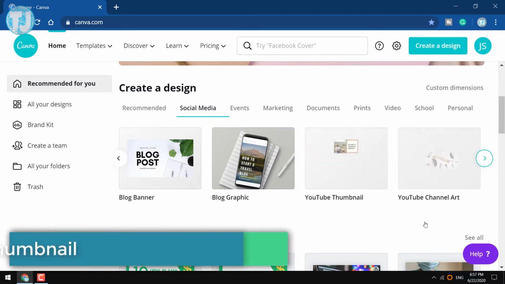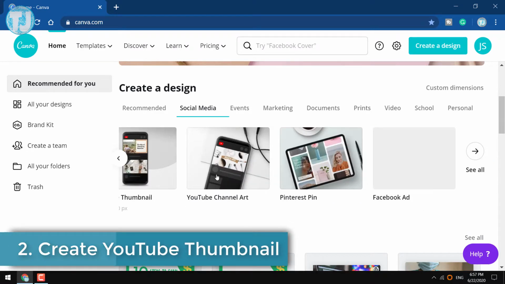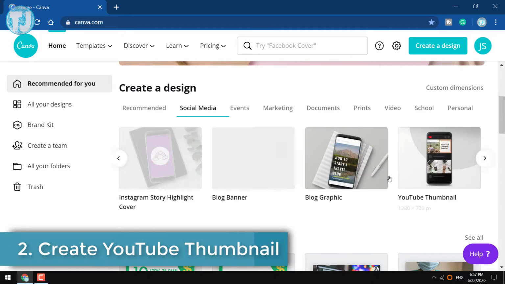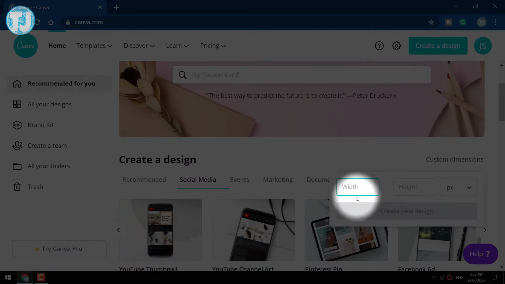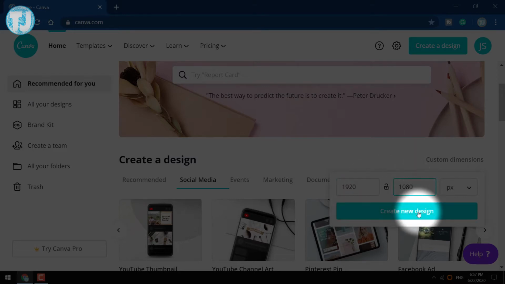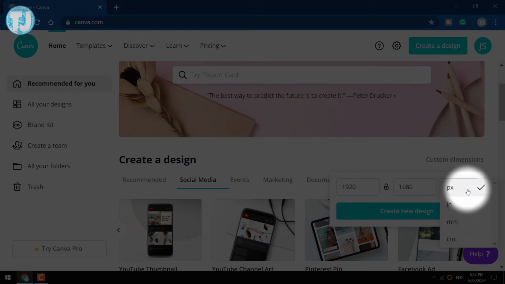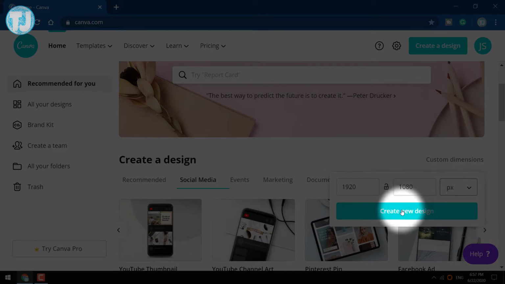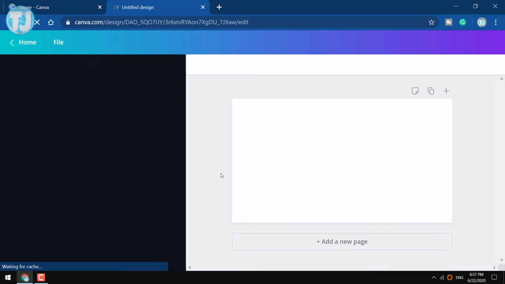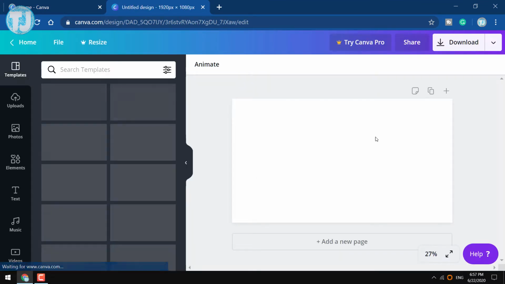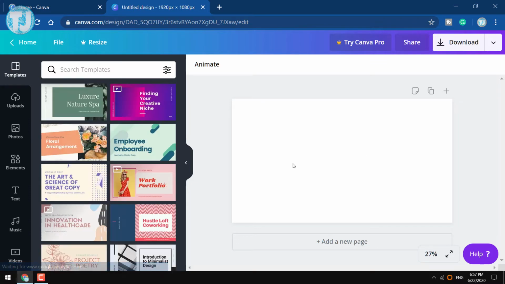To create a YouTube video thumbnail, you can select from this list or click on the custom dimensions button and now enter 1920 in the width and 1080 in the height. And now you have to select the pixels option from the drop menu, and after that hit the enter key on your keyboard. Now you will see a blank page or design on your screen.